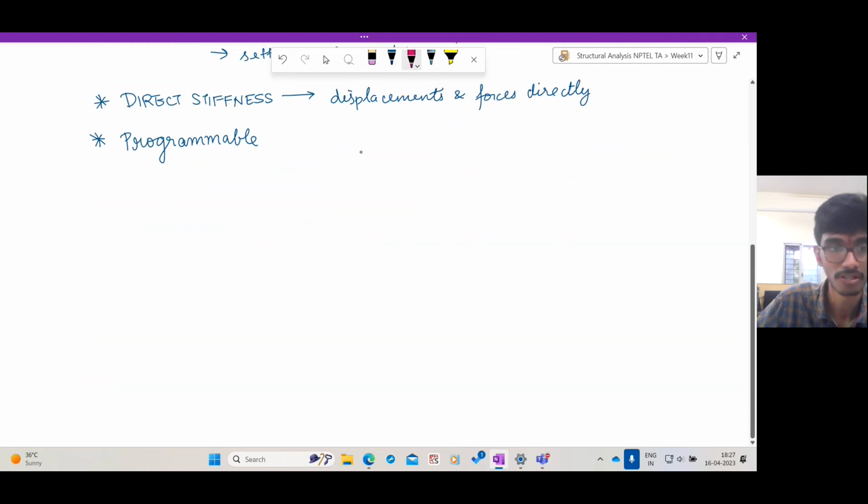So how is it programmable? How does it help? The key idea is that in all the previous methods, we consider the entire structure at once. So we consider all the kinematic variables, all the degrees of freedom, or all the unknown redundant forces at once, and then we solve the resulting system of equations. But the benefit of the direct stiffness method is you subdivide the structure